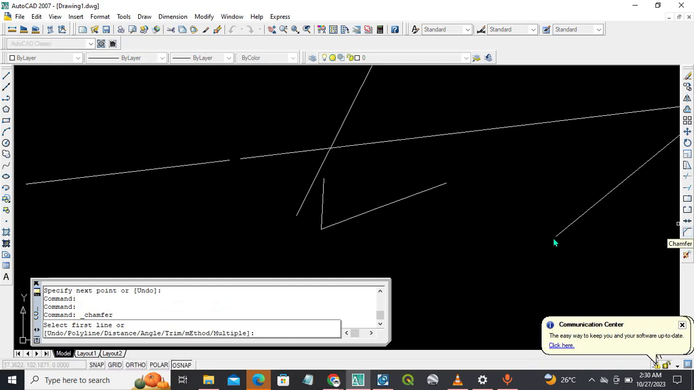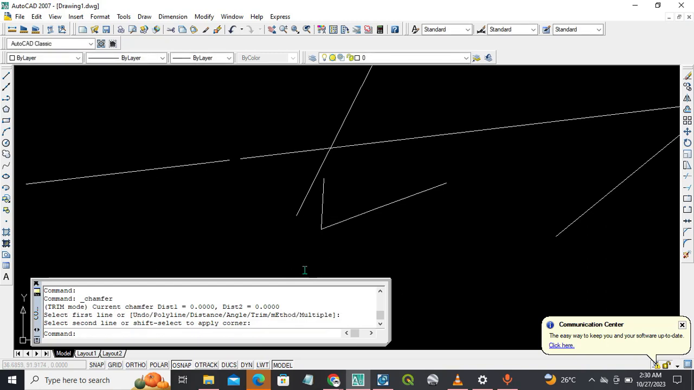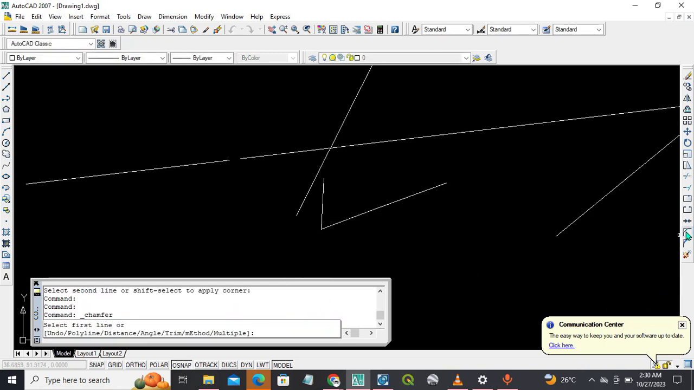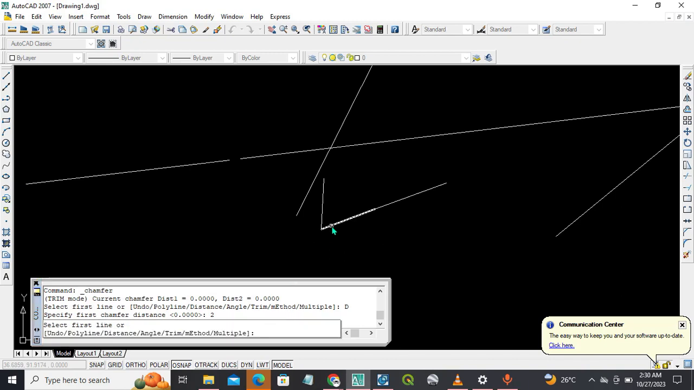Let's practicalize it. I click on chamfer, I click here and click here. Let's go again. I click on chamfer. Let's say I want to use angle or distance. Let's use distance. Let's use 2 meters. Enter. Let's use 2 meters for the other one. Enter. Then click